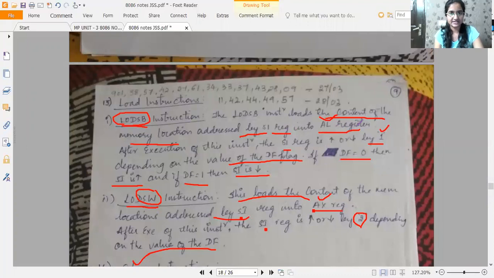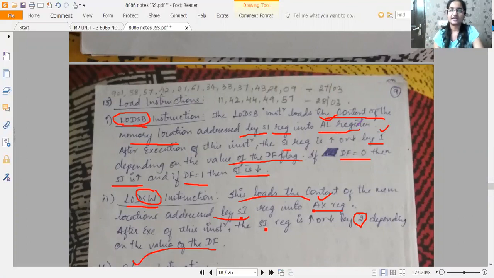So the AL register is the destination and the source is the memory location addressed by SI. From that source, you have a string of bytes, not just one byte of data. One after the other, there are strings of bytes which are present.